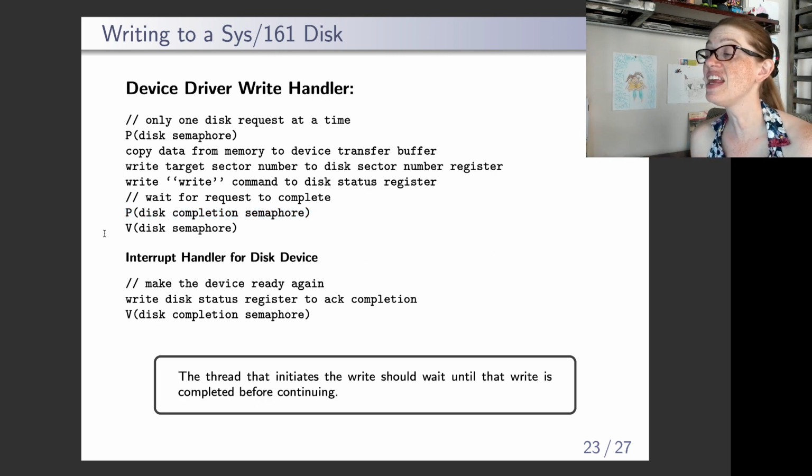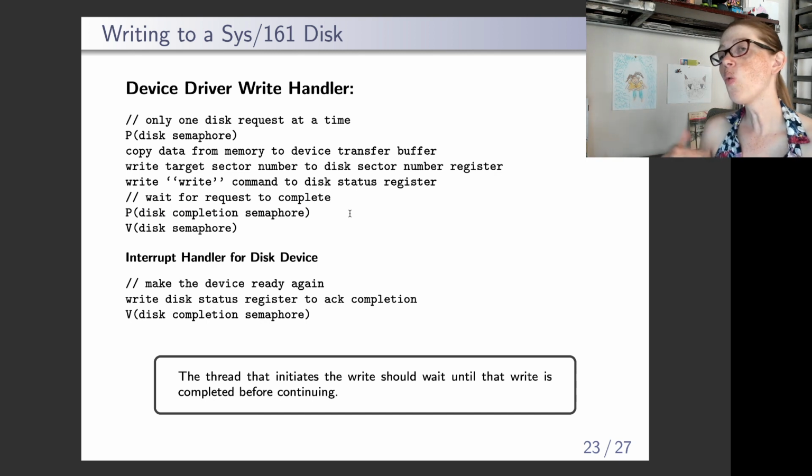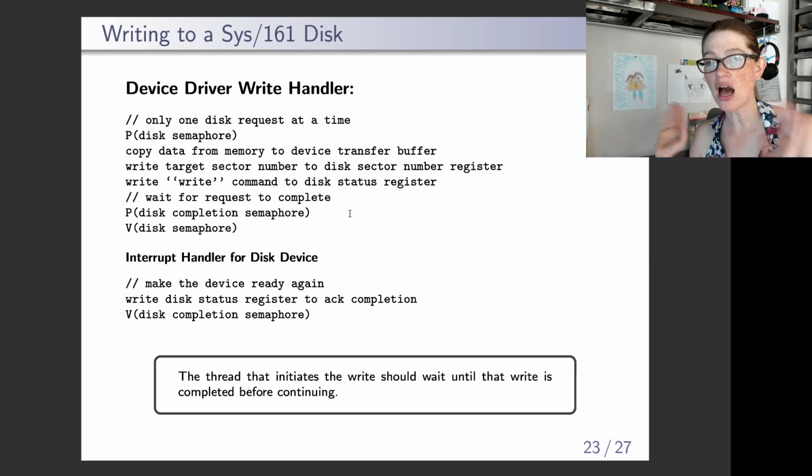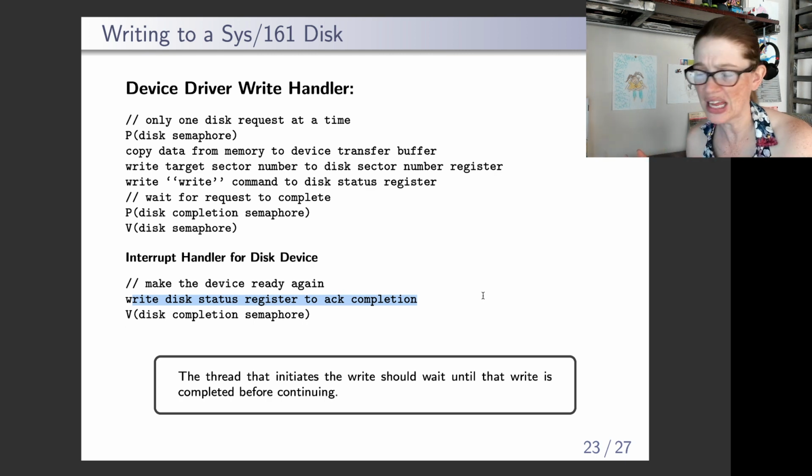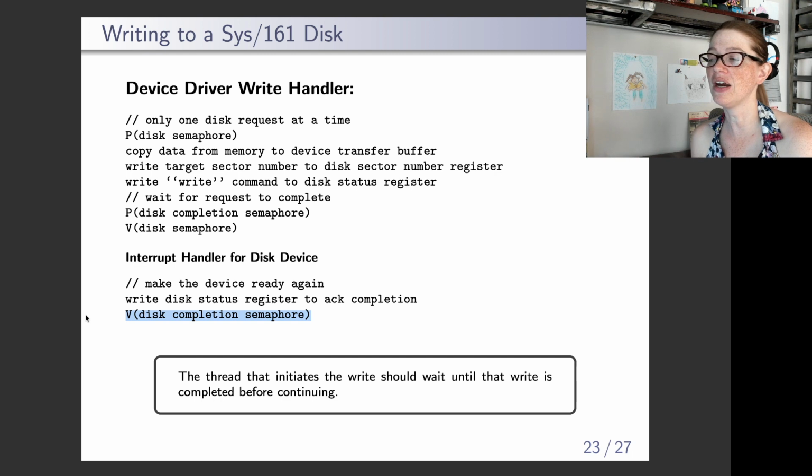So we are going to P the barrier, which is this disk completion semaphore. We are going to wait for the operation to complete. When the disk fires the interrupt to say I'm done, we are going to write to the disk status register, which acknowledges completion. It's just clearing it. And then we V the barrier. So we're going to release the barrier, which wakes up this thread over here. And then we decided not to do any error checking, but we should have, but we're done, so we can